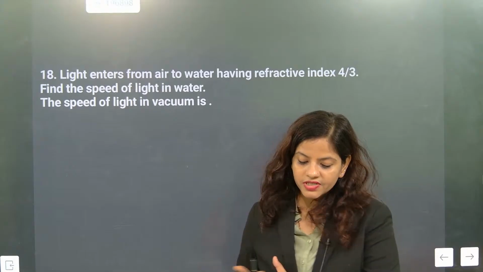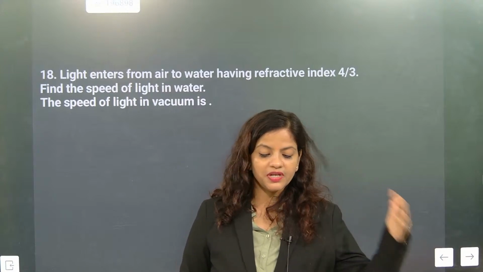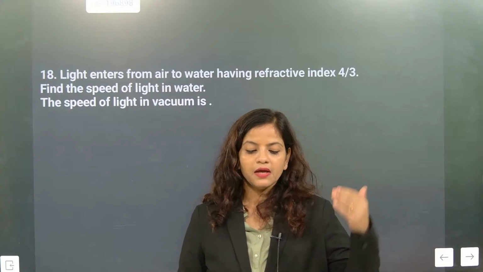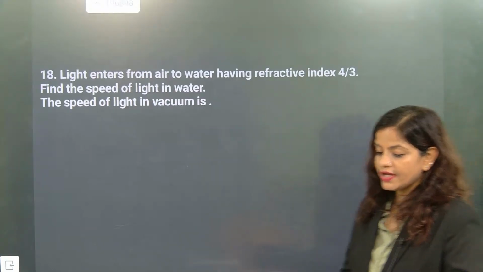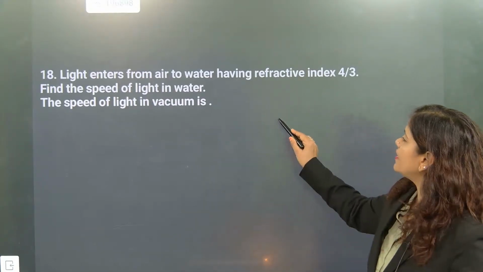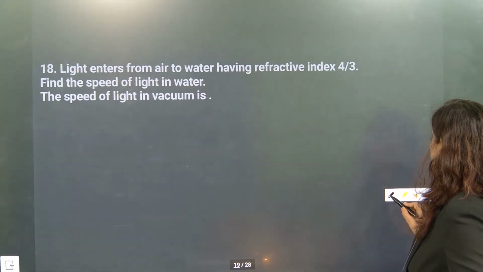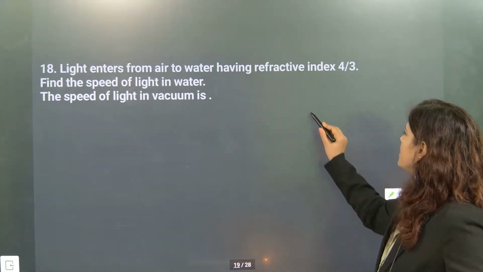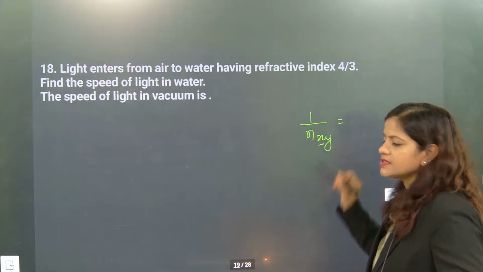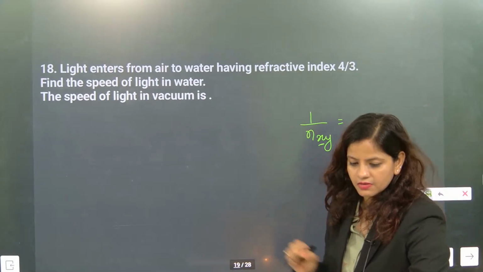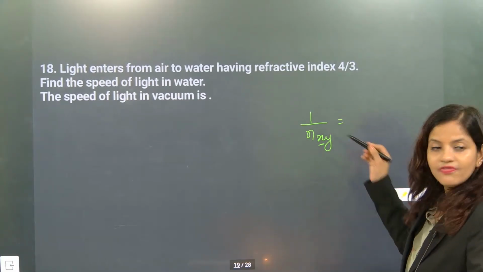Beta, in that question, what was there is from one medium to another medium, the speed is changing. Correct? So when we are writing air to water, X to Y. Here the medium was 1 by n, as in the previous question, beta. So now look here. It was coming from 1 by n x y. What is x? X is taken as air. So here, whenever you write refractive index like this,